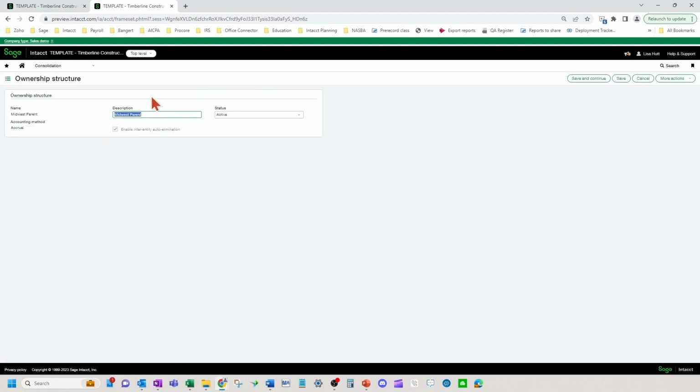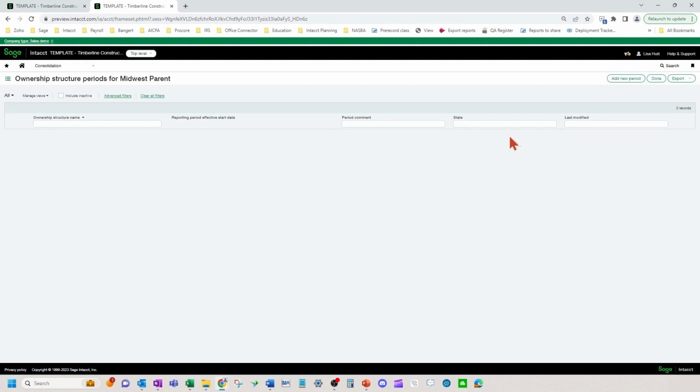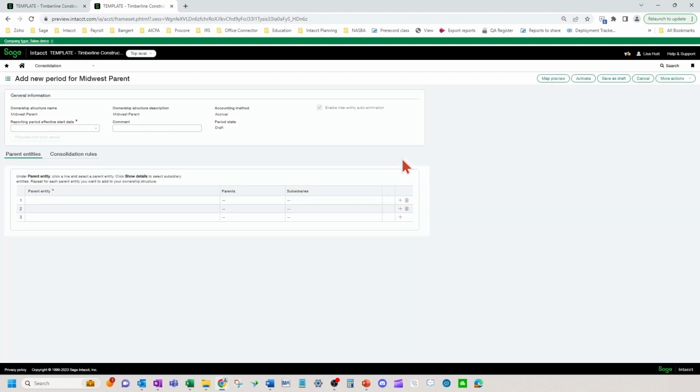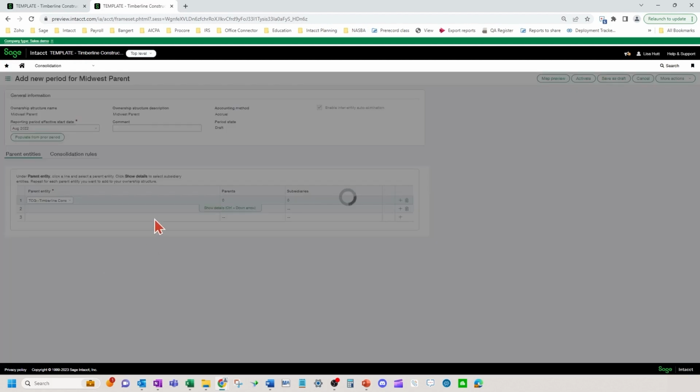So I'm going to give my holding company or my parent a name here. I'm going to set up my structure period here. Add new period. And you're going to give it some percentage ownership. You make your parent whoever you'd like, let's say it's this one.